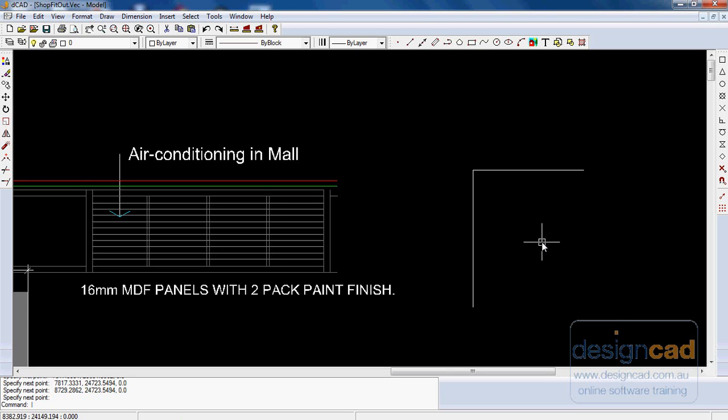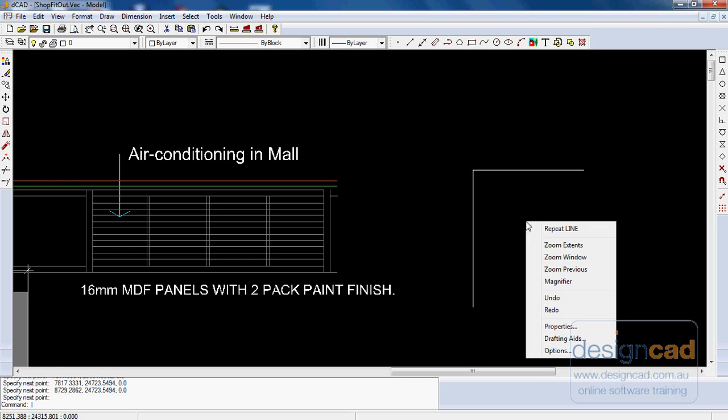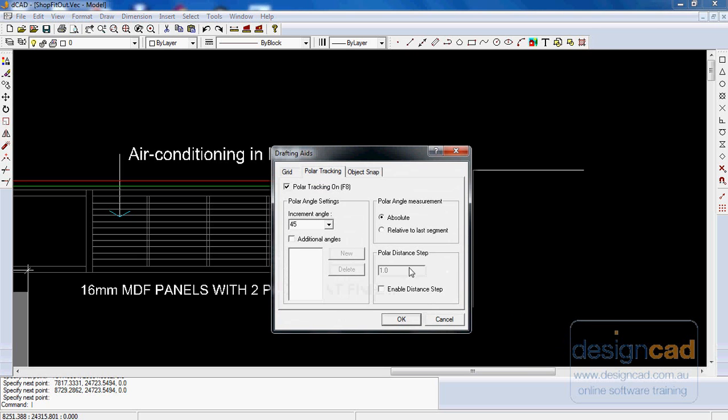You do need to be aware of the status of your tracking or the ortho mode and turn it on or off as needs be. The beige indicator, or the appearance of the beige indicator, I think is the best guide as to the status of your tracking settings. If you right click on the desktop without anything being selected and go to drafting aids